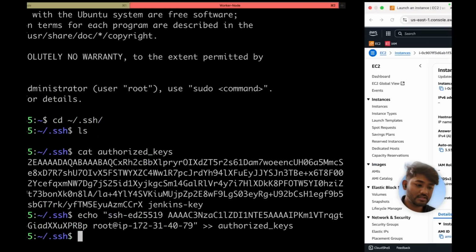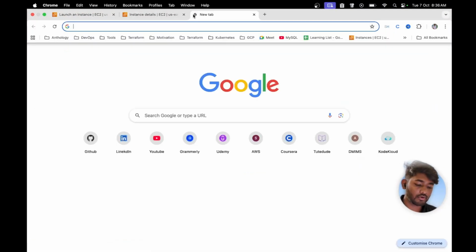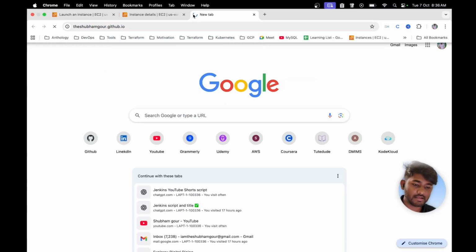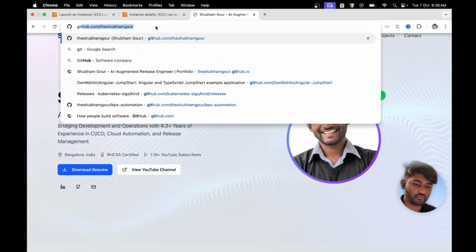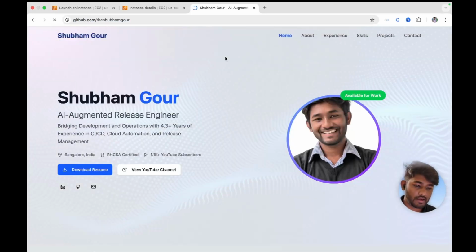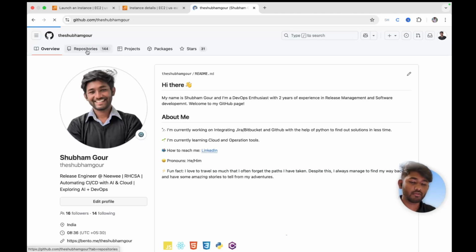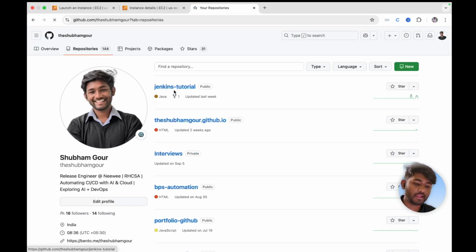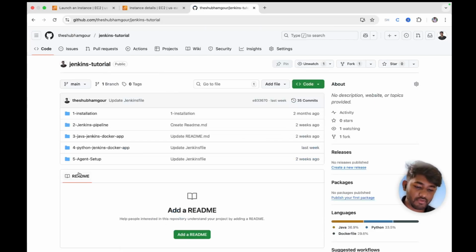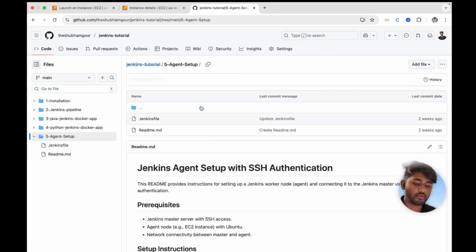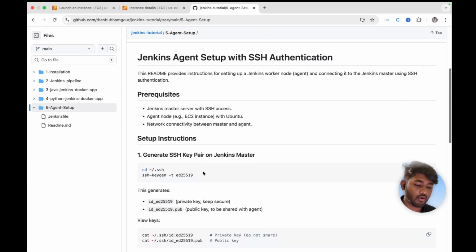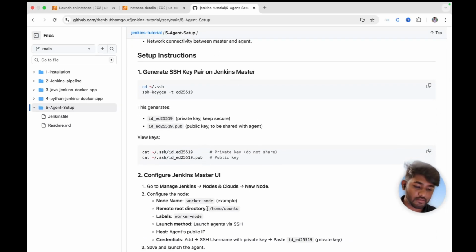and that is Java. So for that, what I'm going to do is refer to my same repository which we have been following so far. So I'll go to my repository. And here in my repository, you will find a subfolder named 5, where I have written down all the methods, all the things that we are doing so far. Okay, so if you go to agent setup, you will find all the information